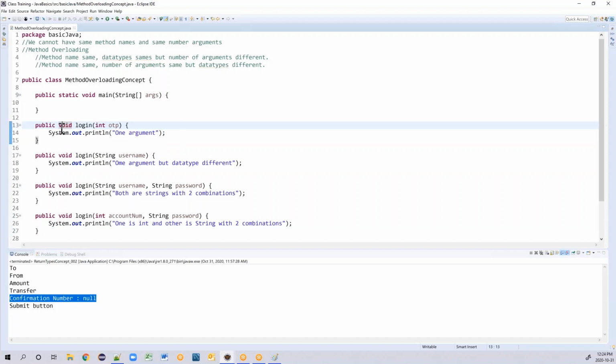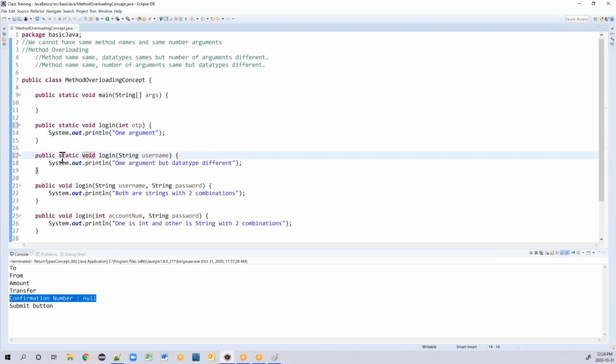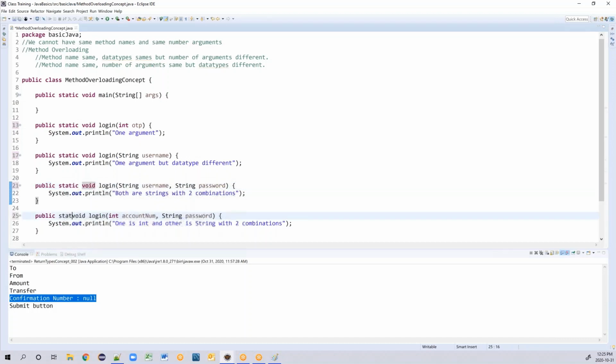Now, can I have static here? Can I have static and static? Can I also have static over here? So you are able to overload a static method.